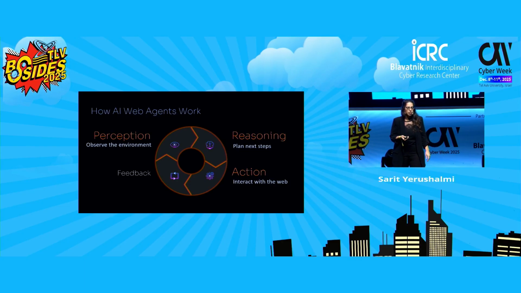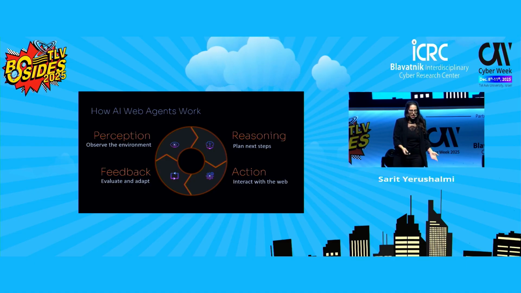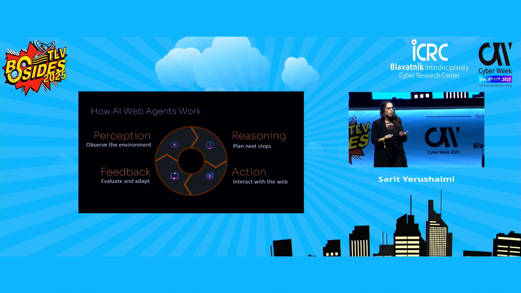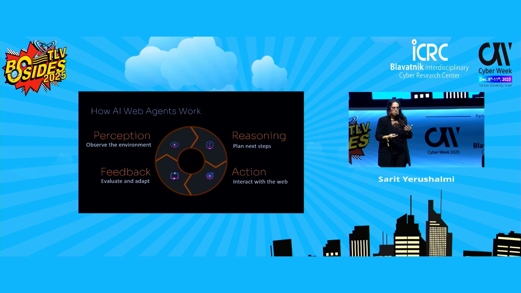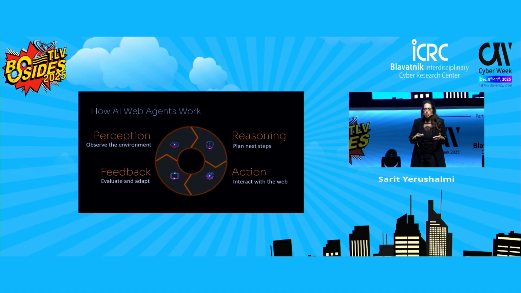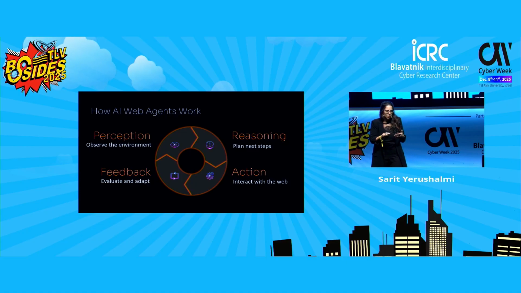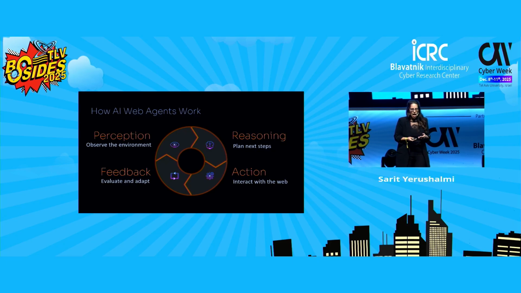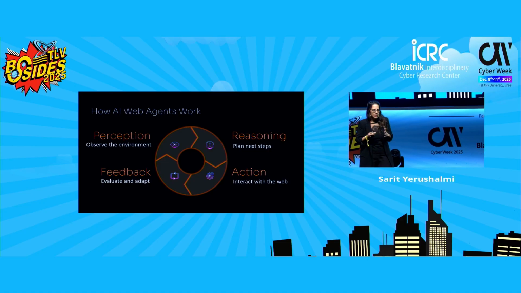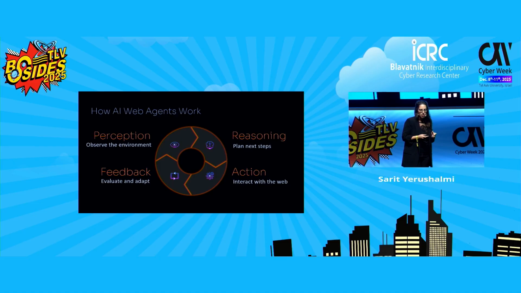And feedback is the check. After every step that the agent takes, it asks itself, did it work? Did something change on the page that I need to rethink and do something else? Should I continue? Should I change my actions? And the loop repeats again and again, and we can say that this is what turns a simple chatbot into a dynamic web assistant that can operate on its own.